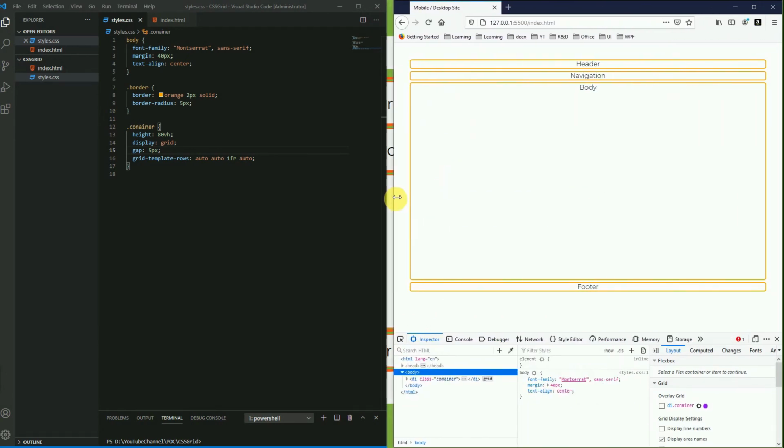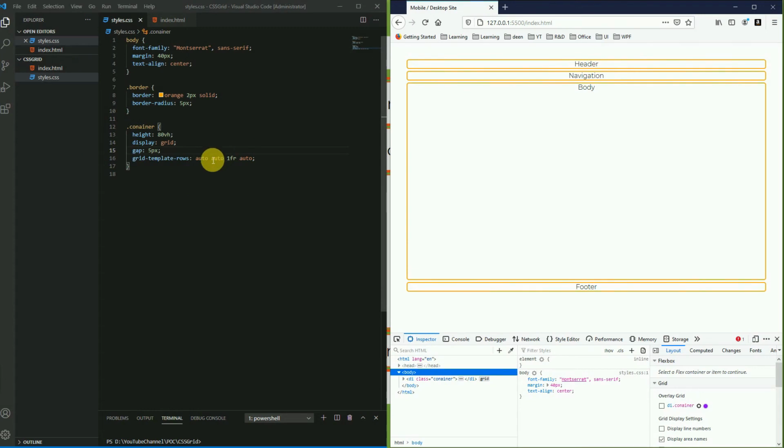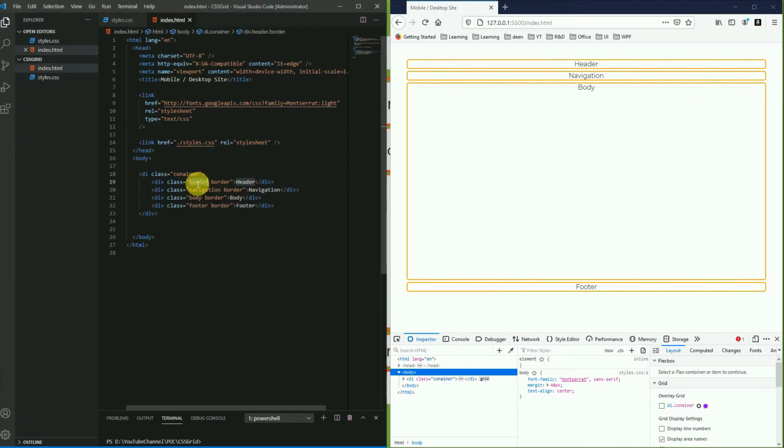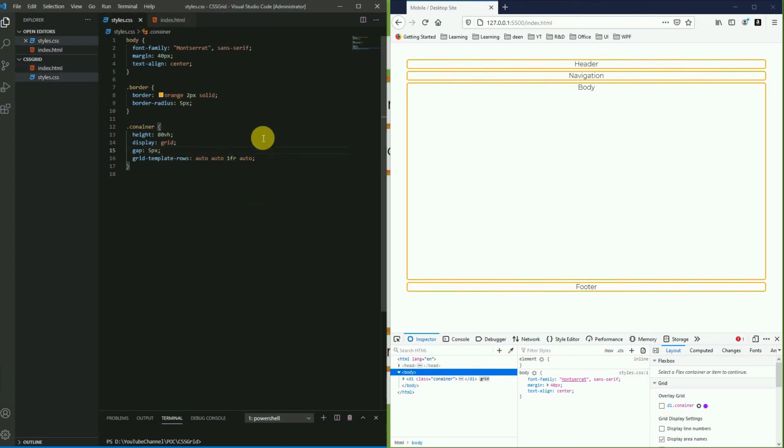So we have created our first layout, but still we haven't specified any properties on the child elements. So it is better that we specify the grid related properties on their grid items. Basically this will be required when we design the responsive layout, for example when we are on a desktop view.